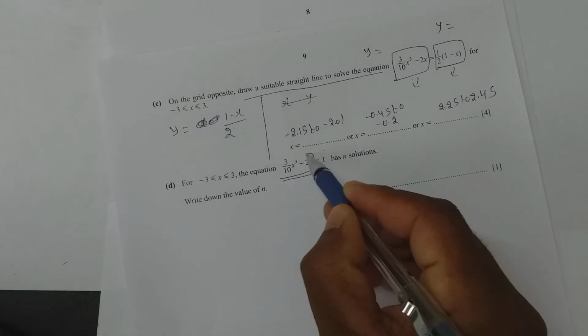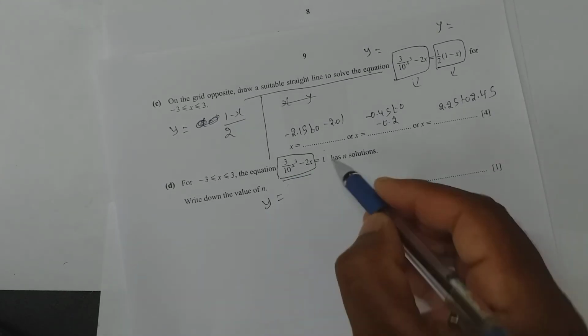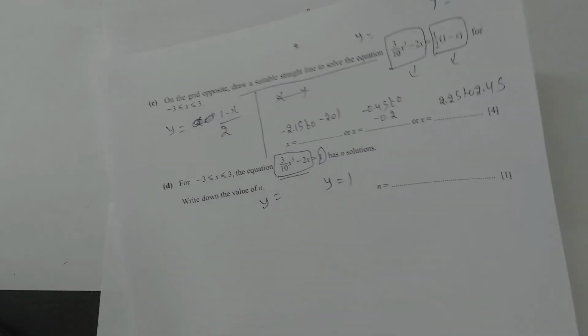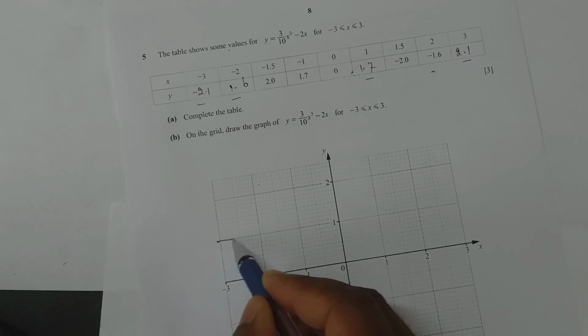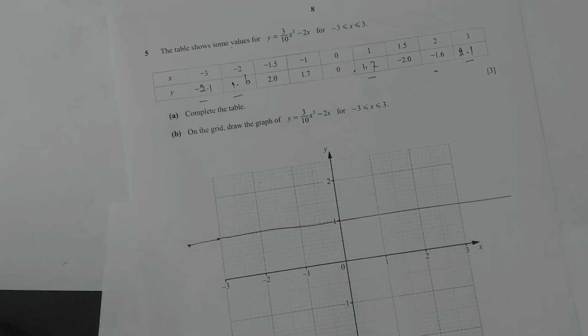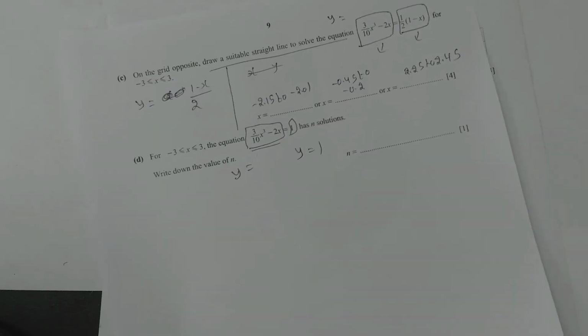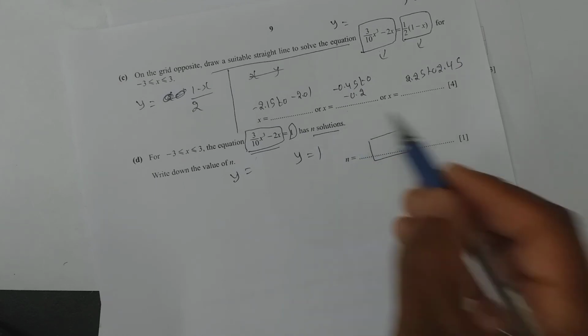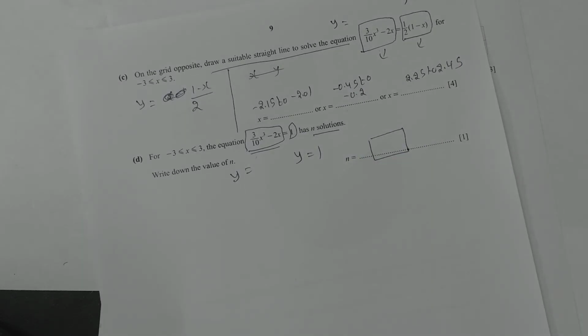So again draw this curve which you did already, and for this one also, y equal to 1. Where will you get the y equal to 1 line? Over here. Now see in how many places the curve and this line meet. That number needs to be written here. N solutions means in how many places they are meeting. Okay? I want you to tell me the answer. Find out in how many places they meet and tell me.